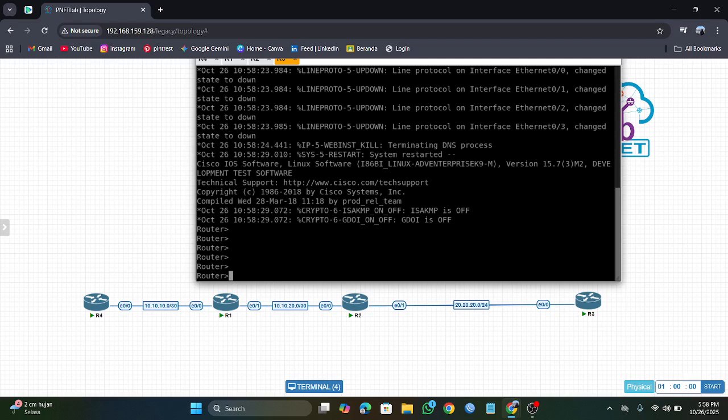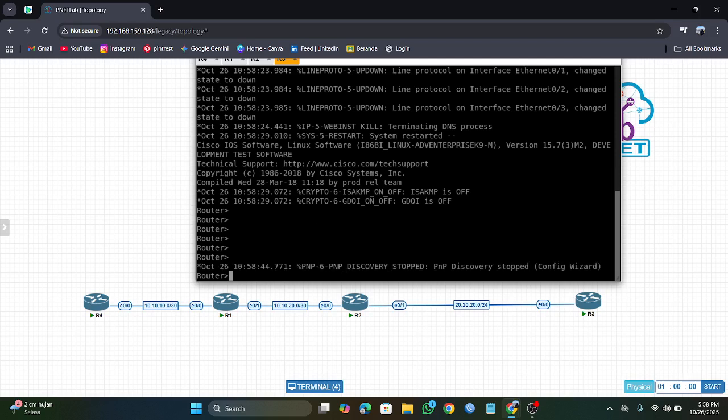You tap again in router 4, 1 and 2 in router 3. You can tap no, and enter